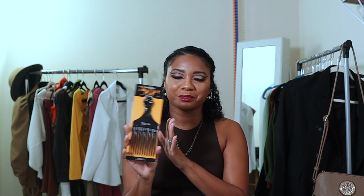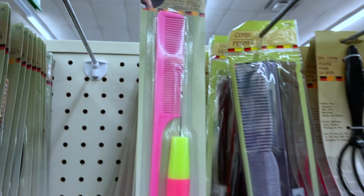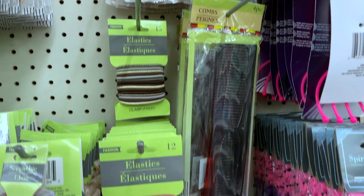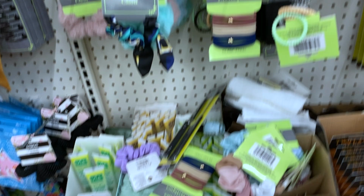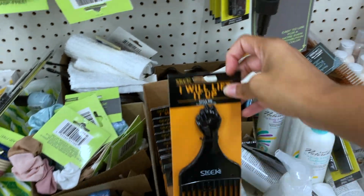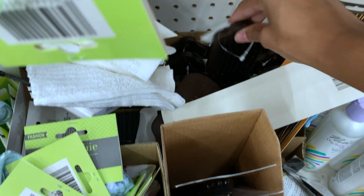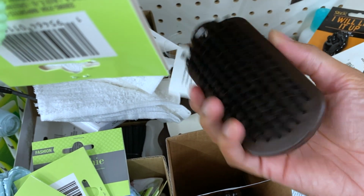So I did get this hair pick. Now you guys will see here where I insert some of the stuff that they had there. I was kind of blown away at this little section here. I guess again, not all Dollar Trees are created equal, so it may not be as fulfilling in other places. But to have hair pomades and wig caps and bonnets, and it feels good to be seen even